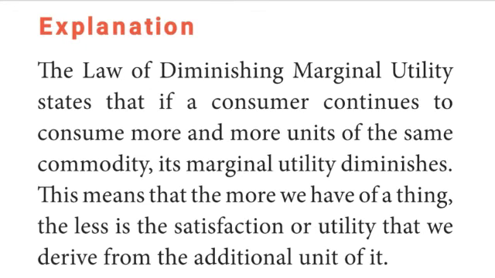Suppose Mr. X is hungry and eats apples one by one. The first apple gives him great pleasure or higher utility as he is hungry. When he takes the second apple, the extent of his hunger will reduce. Therefore, he will derive less utility from the second apple. If he continues to take additional apples, the utility derived from the third apple will be less than that of the second one. In this way, the additional utility or marginal utility from the extra units will go on decreasing. If the consumer continues to take more apples, marginal utility falls to 0 and then becomes negative.